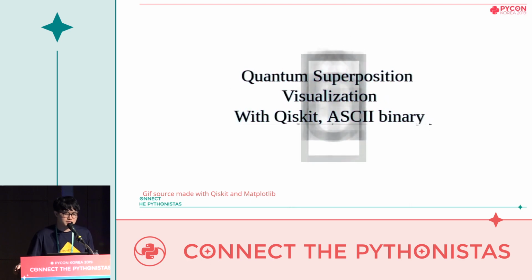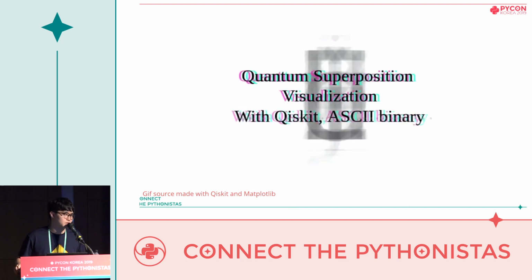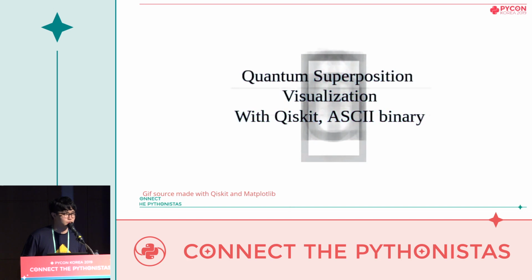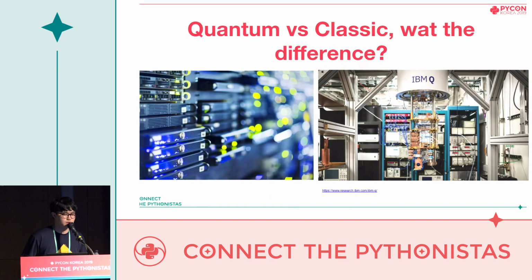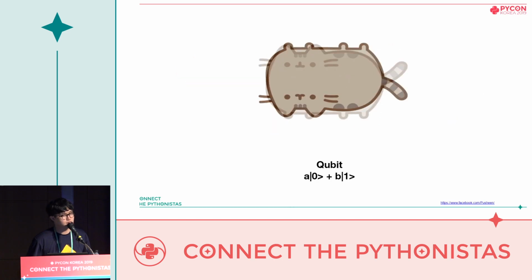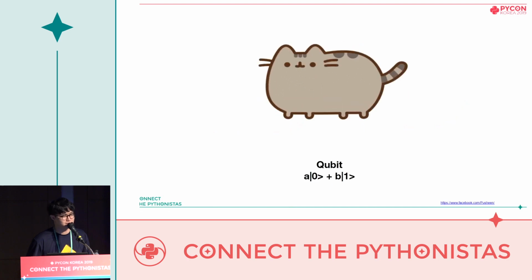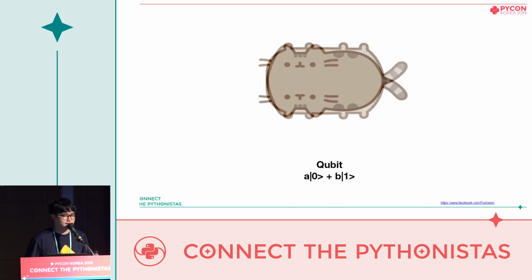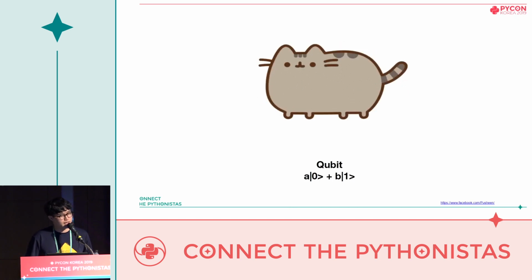I want to start this section with a question. What makes a quantum computer quantum? Or, in other words, what makes a quantum computer different from a classical computer? Well, while a classical computer stores information by using bits, a quantum computer uses a quantum bit, so-called a qubit. A classical bit has 2 types of information, which are 0 and 1, while a qubit has 0, 1, and its unique